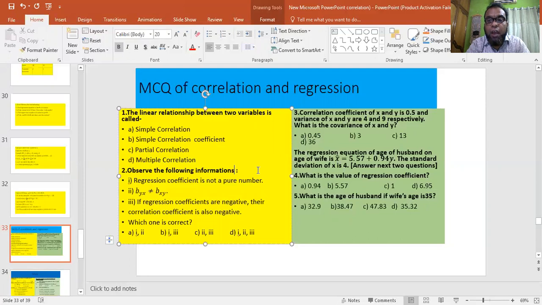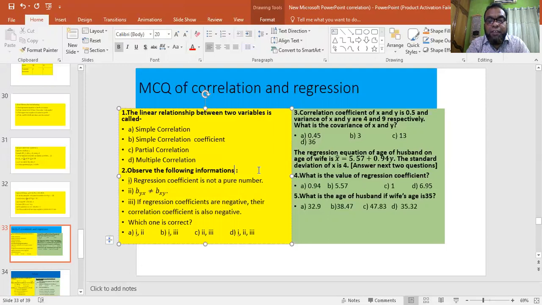That is, R equals root over Byx and Bxy. So if both regression coefficients are negative, then